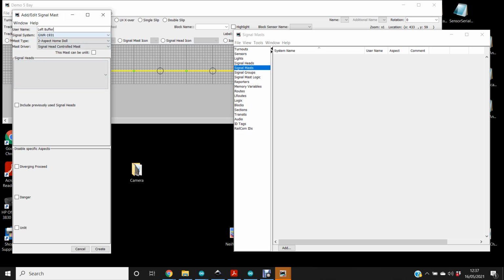So we have left buffer. I'm using GWR 1931. You could use British Rail, BR 2000, if you're using a more modern lighting system. This is what I'm using, 1931. And what we do is we select left buffer signal head, which we just created,